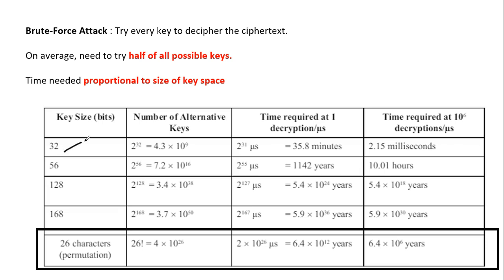See the example. If the key size is 32 bits, the key combinations possible are 2 raised to 32. If the hacker uses one decryption per microsecond, it requires only about 35 minutes, and if it uses 10 raised to 6 decryptions per microsecond, it requires just 2.15 milliseconds. But as the key size increases, the number of possibilities grows, so the hacker requires more and more time. But in this case, the hacker can still break the system because it does not go for the brute force approach, but